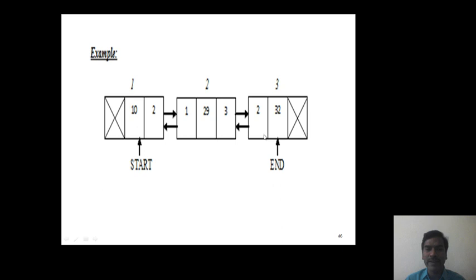So in such a way the nodes are linked both in forward direction and backward direction. Hence here forward direction traversing and backward direction traversing is possible, which overcomes the disadvantage of single linked list. So in double linked list we can traverse both in forward direction and backward direction.